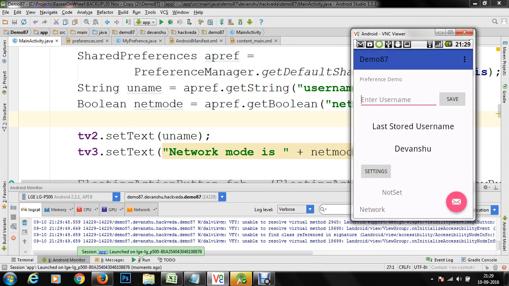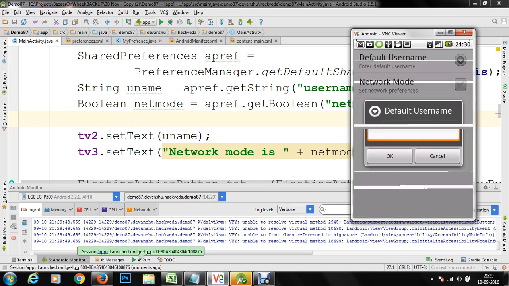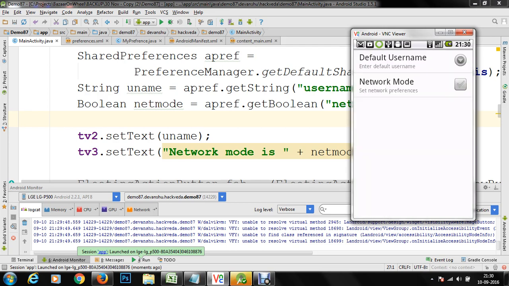Now let's say I click on settings. As soon as I click on settings, you can see that I get the network preferences. If I click on default username, I get a default username text box. Let's say the username is Salman. I'm going to click on OK, and set the network mode as true.